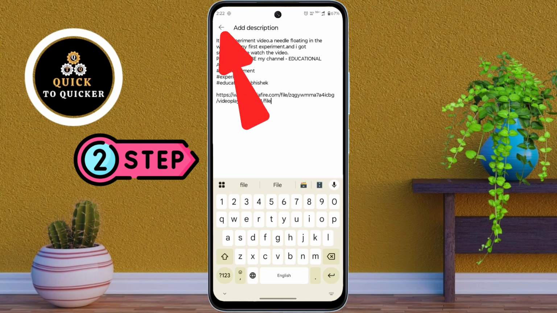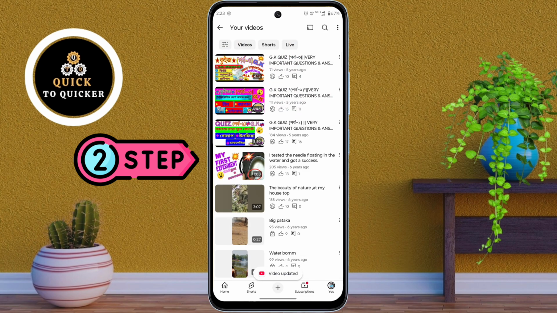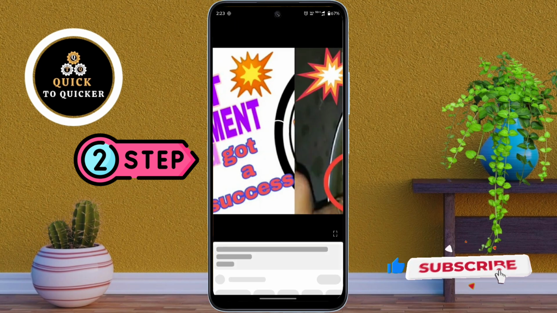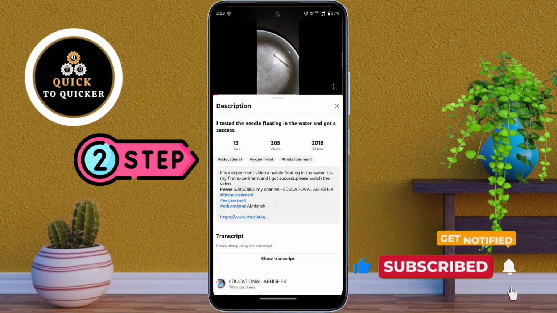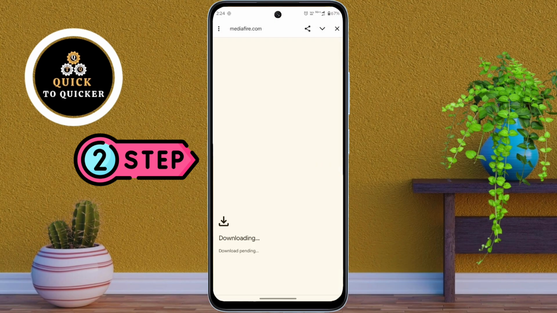Then go back to the previous page. After that, tap on save. Now your video link has been successfully added to your YouTube description. As an example, if I play the video, then you can see the link is visible in the description below. And now your viewers can see and use this link in your YouTube